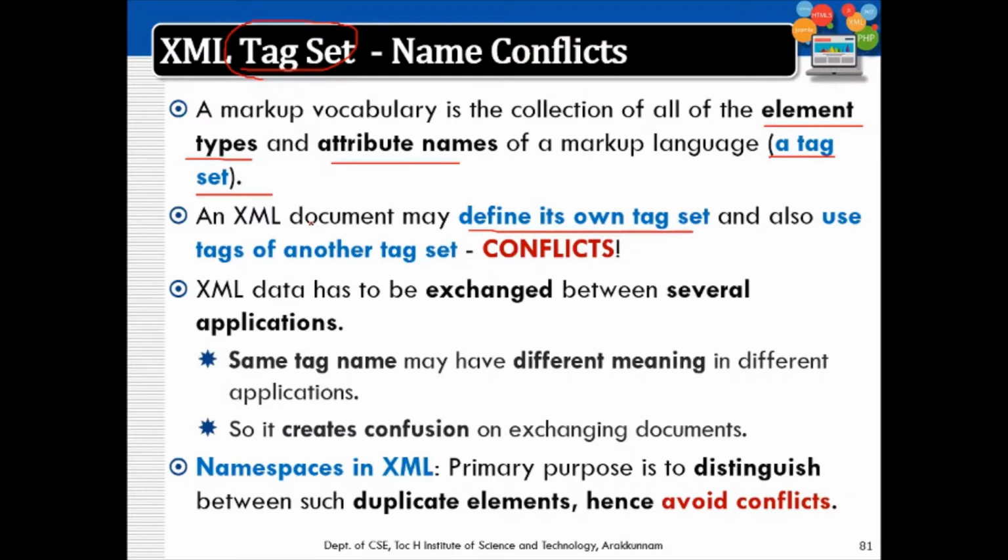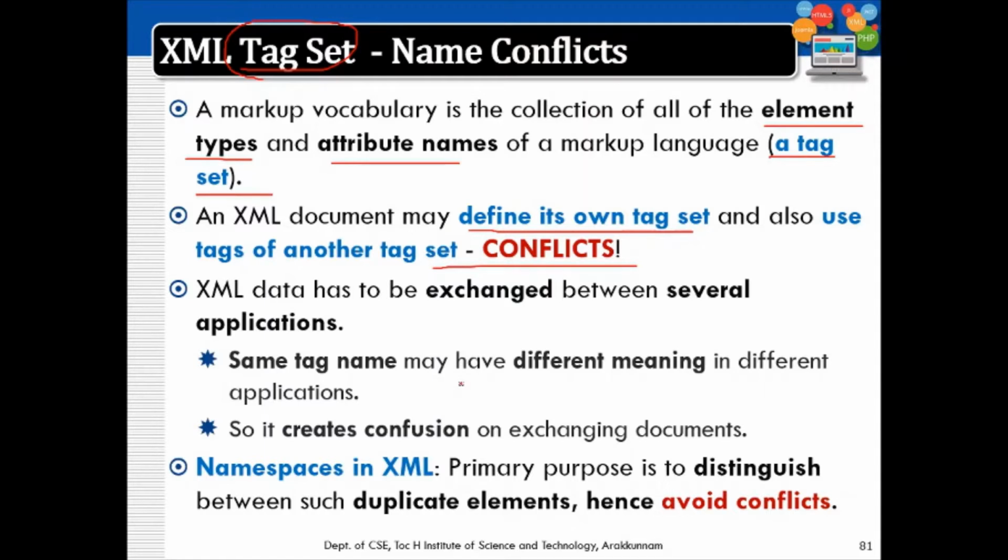One may use a tag which is used in some other application, and that leads to conflicts. One tag X may be used in one meaning in one XML file, and in another meaning in another XML file. If we combine them, the same tag name will be repeated and that leads to conflicts.